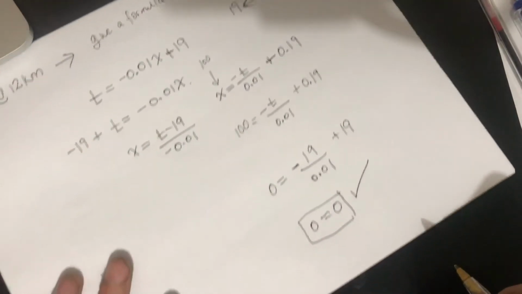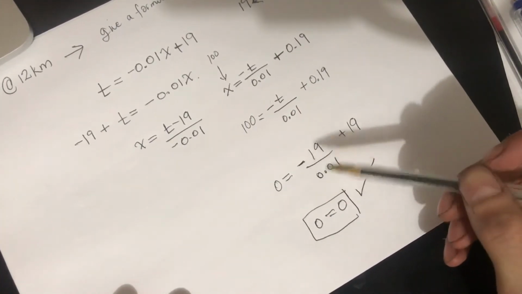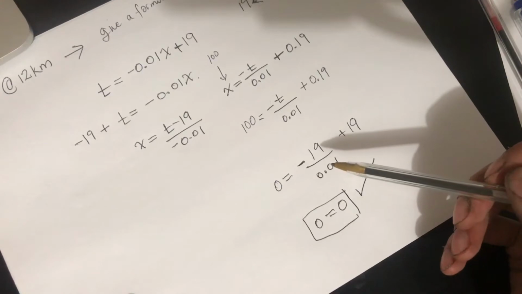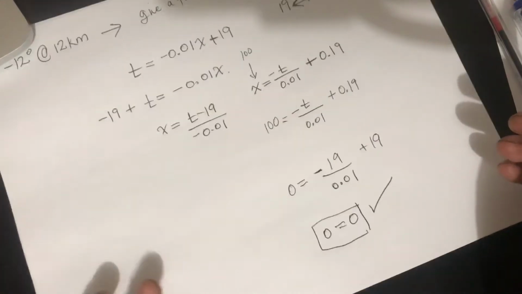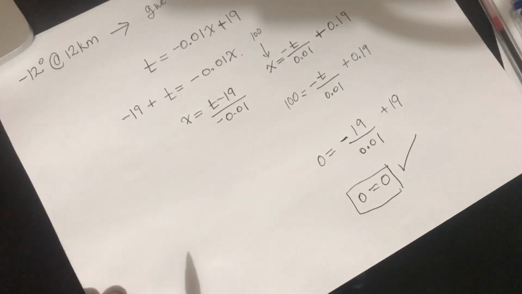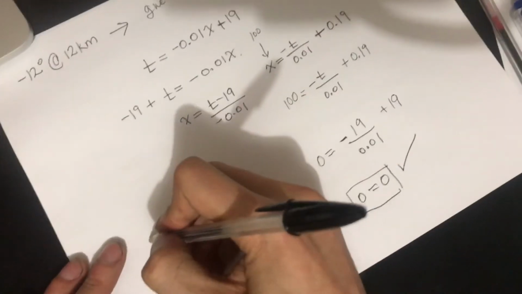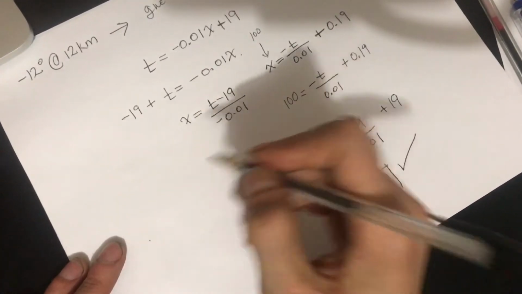So we have proven that this is a formula that expresses the temperature at any given point x. So if you want a formula for knowing the temperature at any given point x, then you must say that